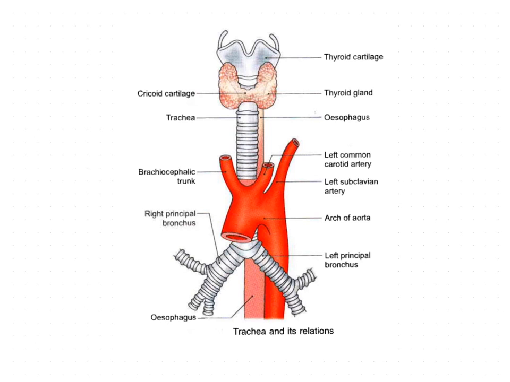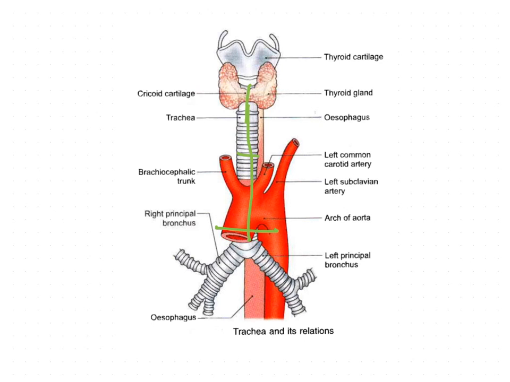Dear students, welcome back. Now we are going to see another structure which is present in the thorax, that is the trachea. The trachea is the windpipe which serves to conduct the air to both the lungs for respiration, and it is a wide tube lying more or less in the midline, in the lower part of the neck, and in the superior mediastinum. This is the lower part of the neck, and this up to here, this is the superior mediastinum.